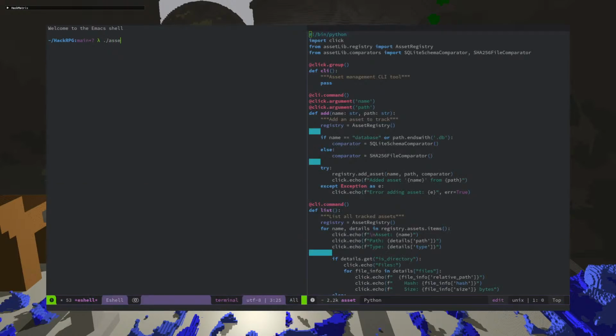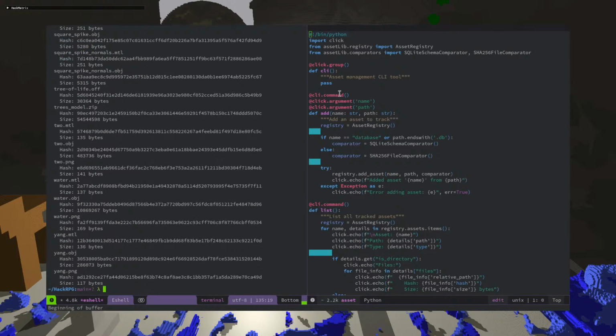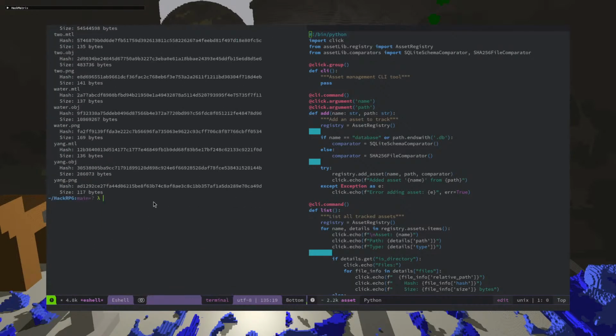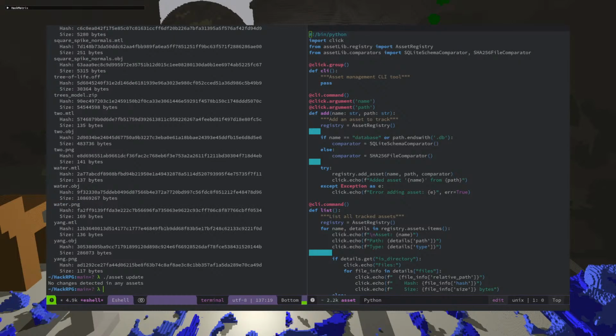Okay, asset list. So that's the first thing. It lists all of the objects that are going to get synced. Then there is asset update, which will go and look for changes. And then it will sync up the changes. I think I could do something like rsync, but I kind of want ignore lists and maybe levels, or different ways to group these, and I'm not sure if just using plain rsync is the right way to go.